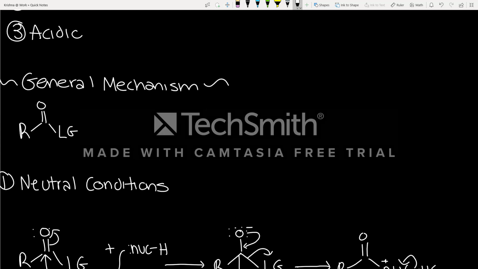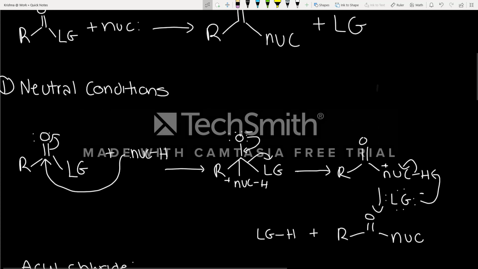So first we start with our carboxylic acid derivative right here, and then we're going to attack it with a nucleophile. This will then produce a group where the nucleophile has replaced the leaving group, and then the leaving group here. Okay, so now we are going to start breaking it down with our first reaction condition, which is a neutral